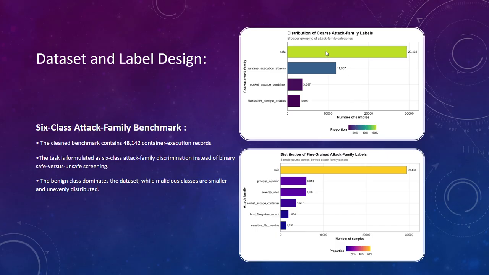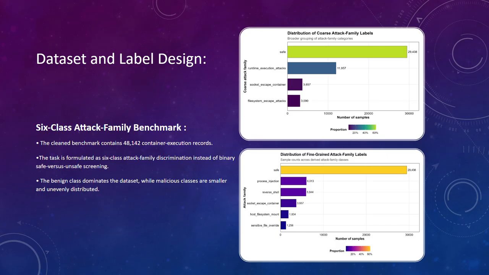This includes 4 different classes, and the majority class in terms of numbers is safe, then runtime, whereas the fine-grained attack family labels are constructed by further dividing the runtime execution attack class into 2 different ones, and also incorporating the file system escape attack as 2 different classes, which further enriches the dataset beyond its previous safe versus unsafe binary implementation, to a 6-class dataset representation,